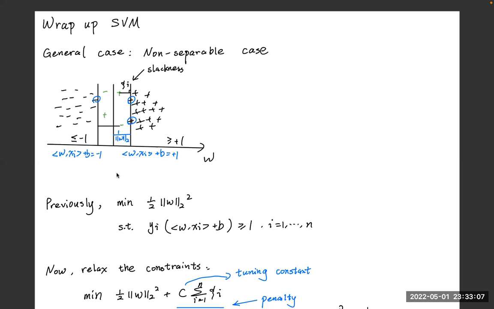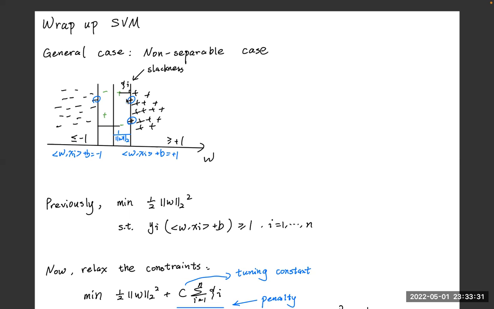So which means these are the misclassifications. Okay, so those are the examples where we cannot account for by this constraint or this separable case. And then we may introduce the so-called slackness variable